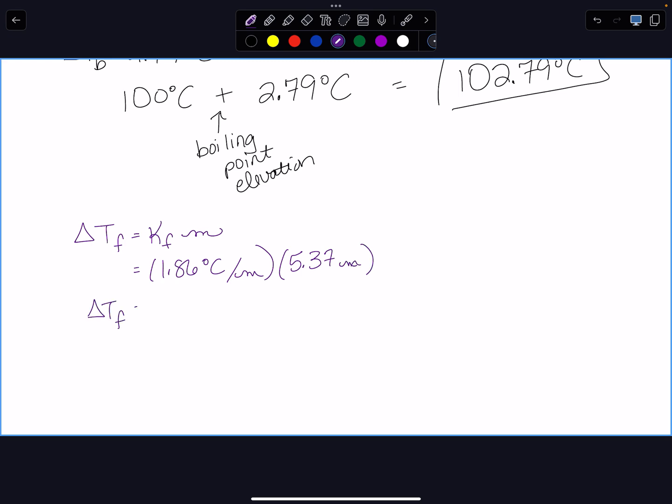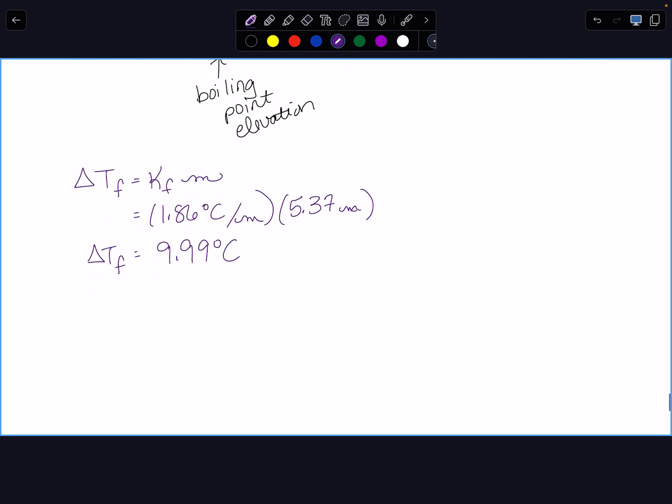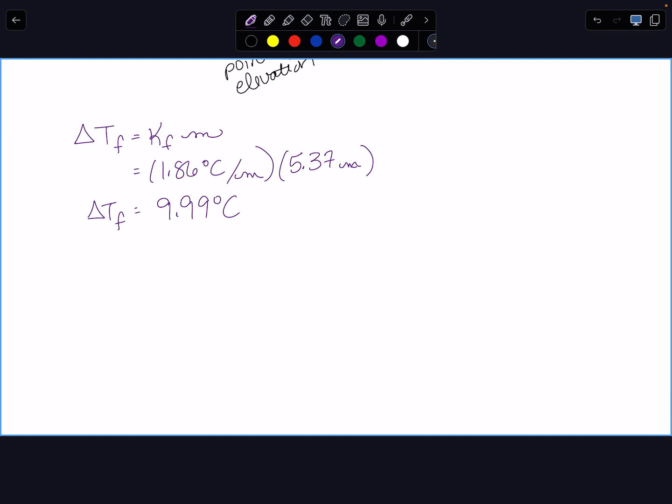Delta TF, what'd we say? Because I typed in the times 0 in mine. 9.99, essentially. Okay. Now, we want to know the freezing point. And it was on that chart, but y'all don't need to look that up. What temperature, Devin, does water normally freeze at? 0 degrees. 0. Y'all, freezing point depression